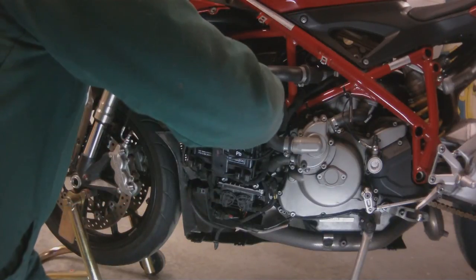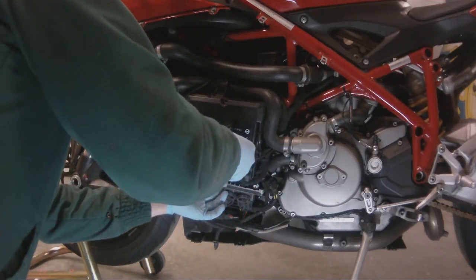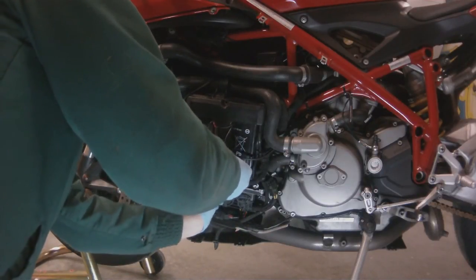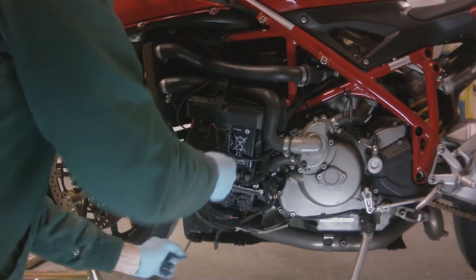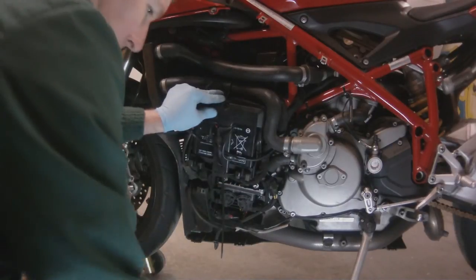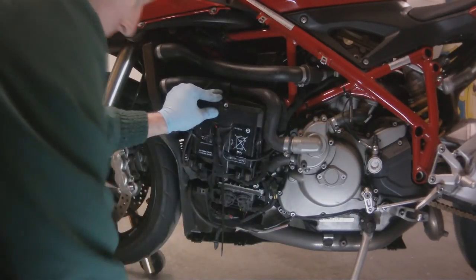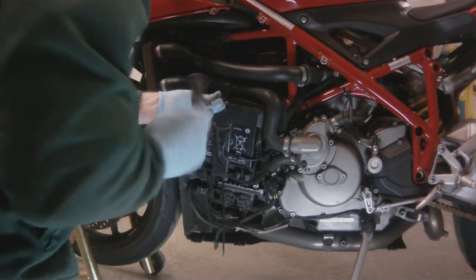Now I'm putting the little bracket that holds the battery in place, and as you see, I have a hole there that my zip tie will go through. It goes through the bottom of the battery pan, and then I just cinch it down tight. So that zip tie, along with the one little screw at the top of the battery box, will definitely hold